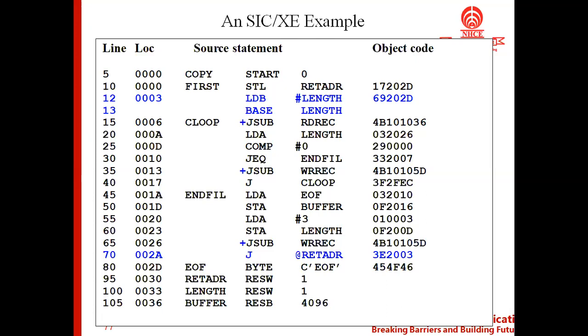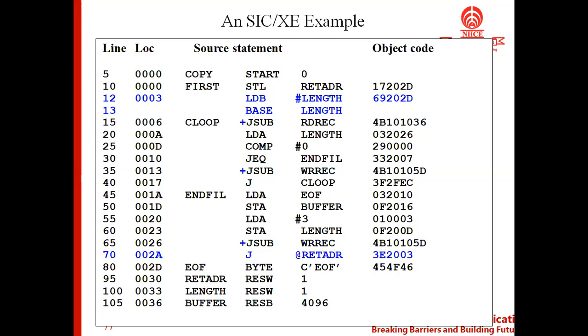BASE is an assembly directive used to inform the assembler that the value of LENGTH is assigned to the base register. To provide that information we have this assembly directive, and it won't take any memory. That's the reason we are not assigning an address to line 13. Instead, it has been assigned to line number 15.